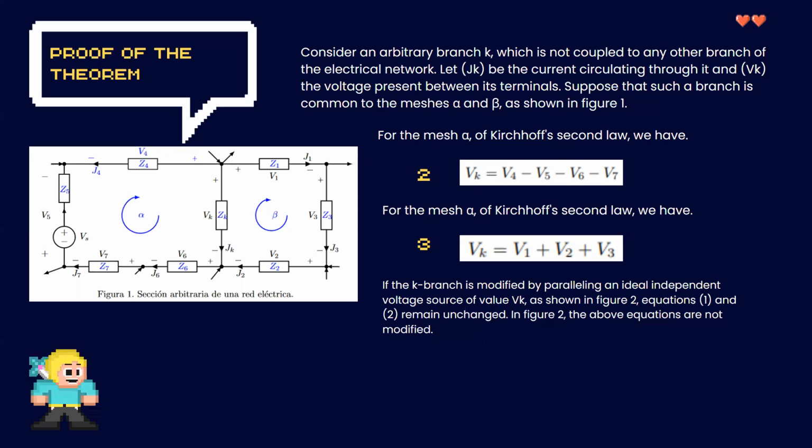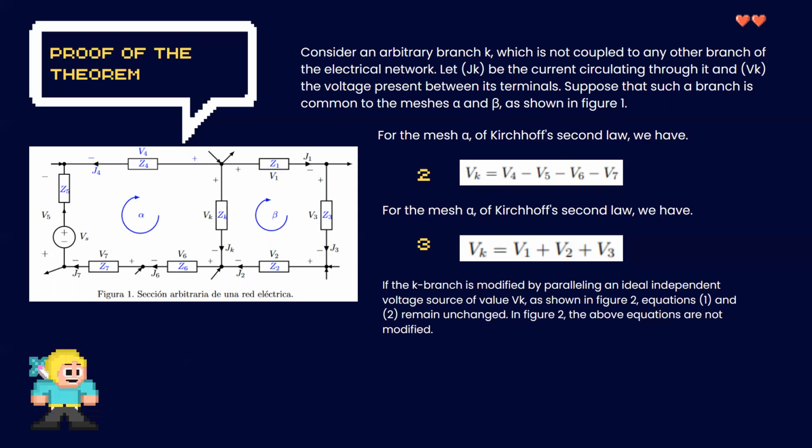Suppose that such a branch is common to meshes A and B, as shown in figure 1. For mesh A of Kirchhoff's second law, we have, can you see in figure 2, for mesh B of Kirchhoff's second law, we have,